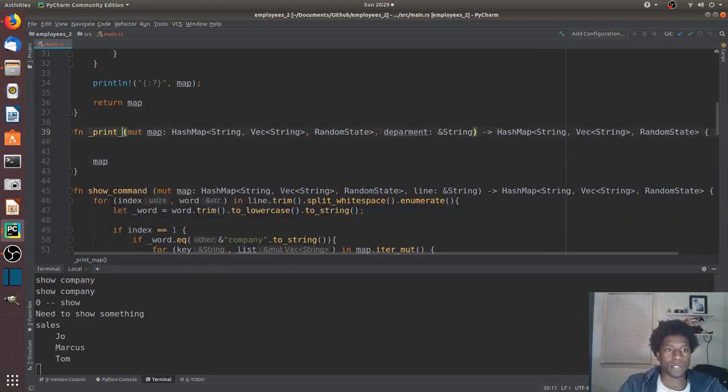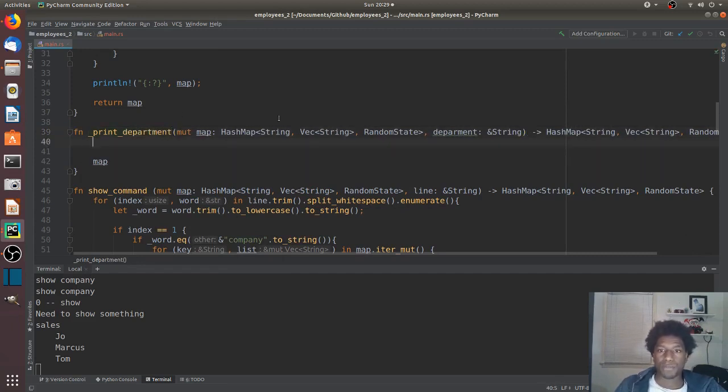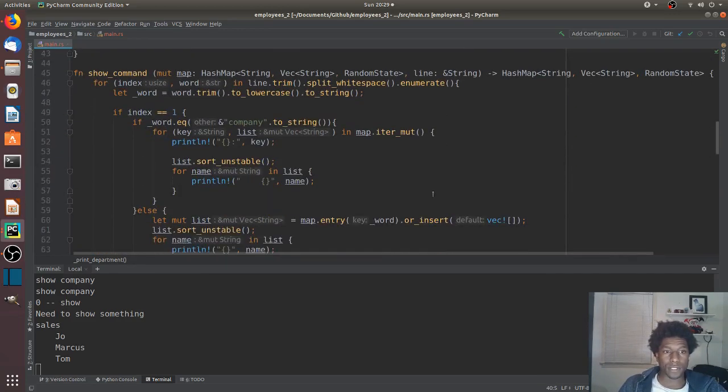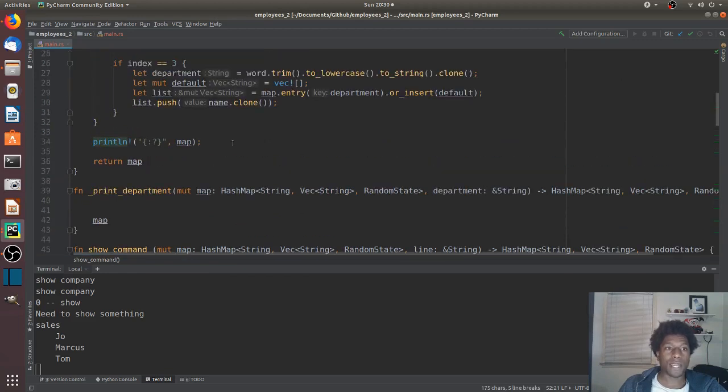And this is now print department. Department. So the reason why it's print department is because we can just pass the department in. If I spell it correctly. And the logic we had down here, where is it in the show command? Yeah, so we can write it right here. At this point in time, we have our department and we have the list. Given that we have the department and the list, here we can say things like